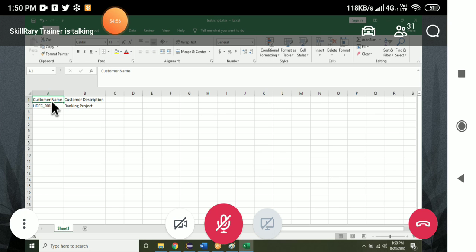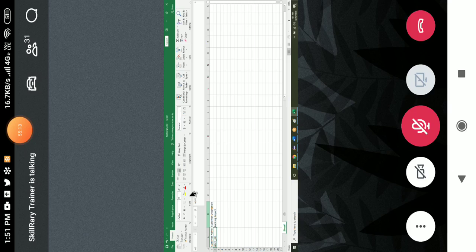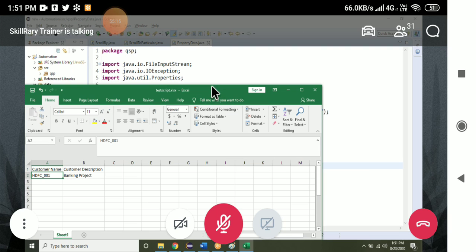Open and type this. Now I want to read this data, CFC underscore 001. Actually, first I read it and then wherever it is defined. But I want to get this data. How to get this data in Excel? Whenever you want to read the data